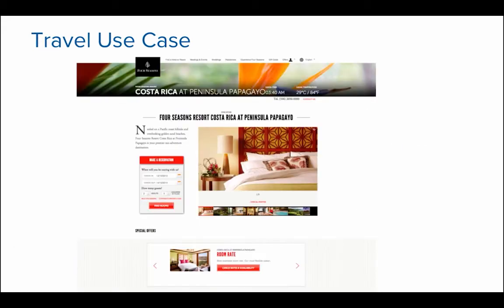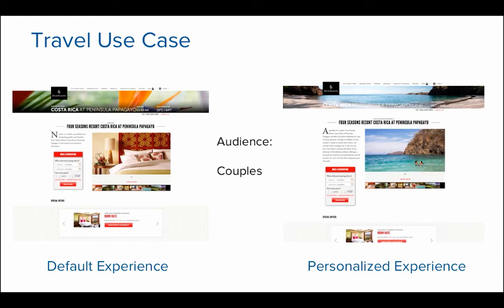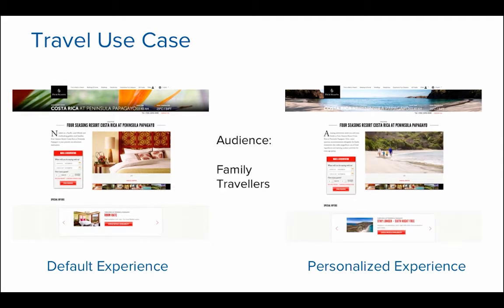Travel, again, is another area where you can apply this. So say, for example, you are the Four Seasons Hotel, and through Audience Stream, your user has been qualified for the couple segment. It probably doesn't make sense to show them the default homepage, which is a generic bedroom hotel. So in this case, you might want to customize the image copy to replace it with something more relevant, like the one shown on the right. Similarly, if you've identified your users as family travelers, your users might be much more inspired by an image that speaks to the category of users rather than the default image of a king-size bed.